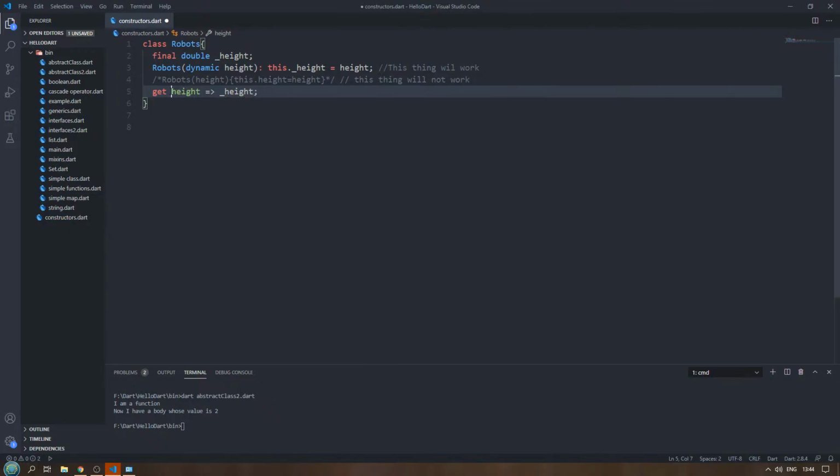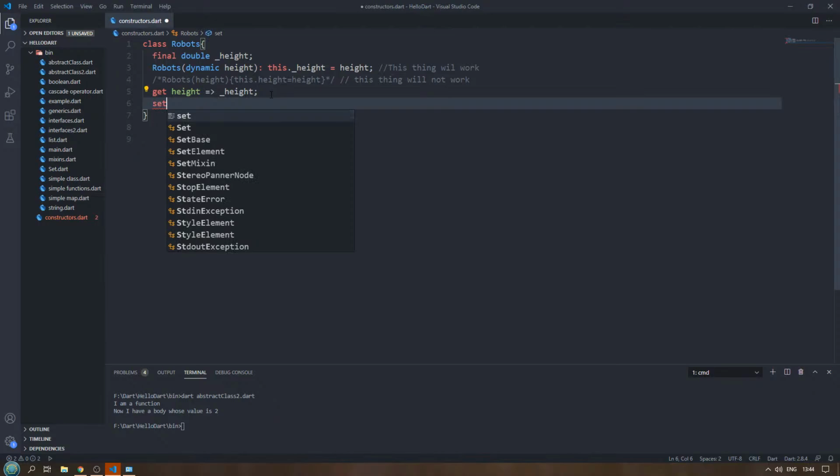Can I do it like this? Can I give a private getter method? We cannot. Why is it saying the name height is already defined, so I cannot really use it again. We have to use something else. And I can get the height, but I cannot use setters again. I cannot use set